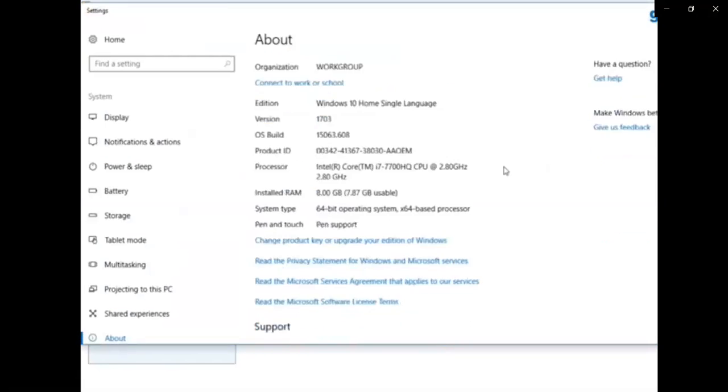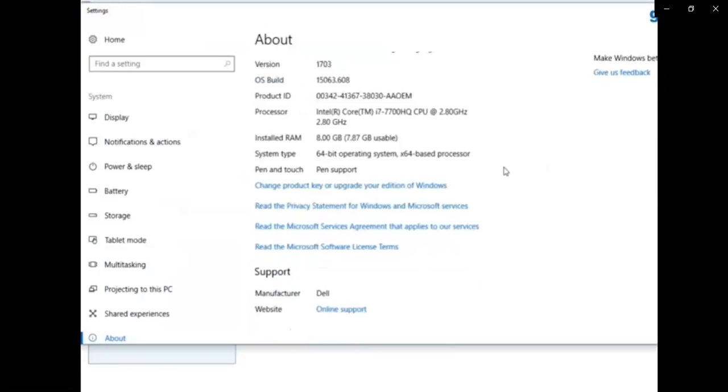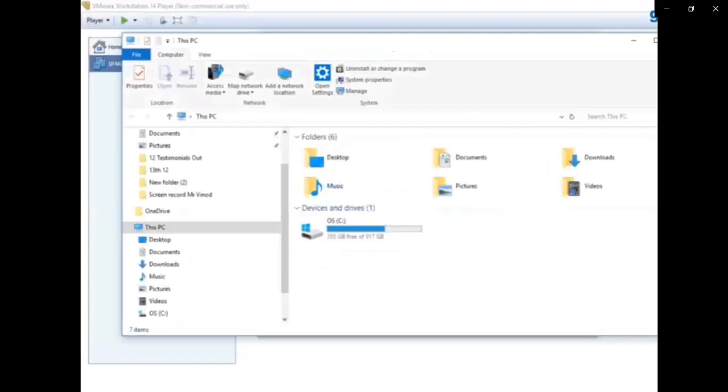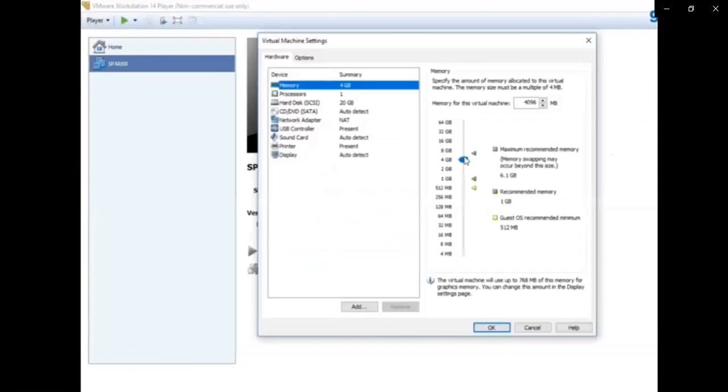Now check for the RAM availability. So it's 8 GB installed RAM I have. So I can assign 4 GB to the virtual machine. It can be done by giving it 3 GB of RAM, but then your system may get very slow. This type of machine particularly requires 4 GB RAM. So don't worry, if your system has only 4 GB RAM, then you can allocate 3 GB to the virtual machine, but you have to be patient because the system will work too slow.